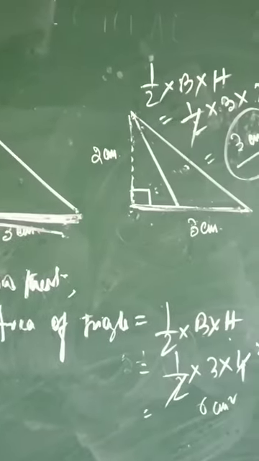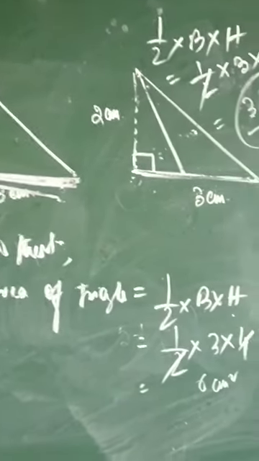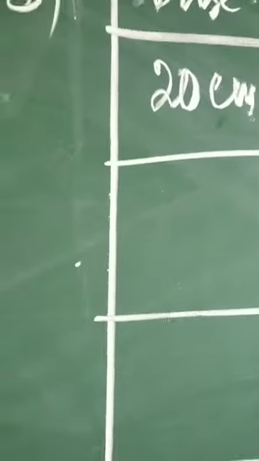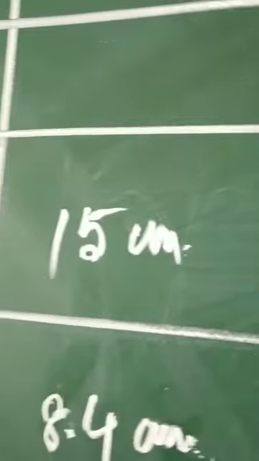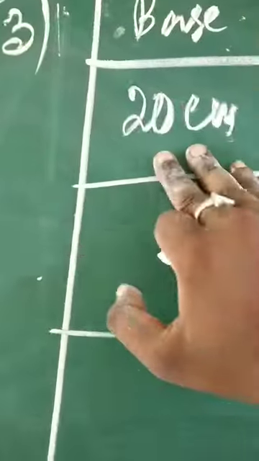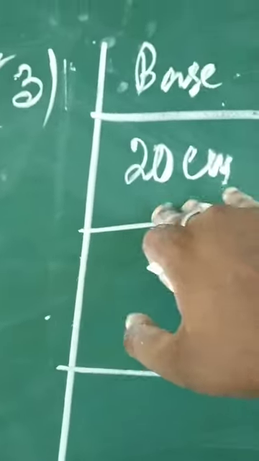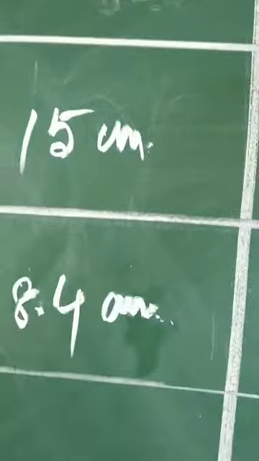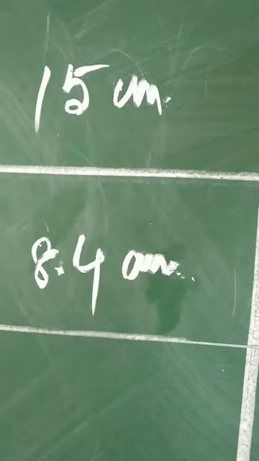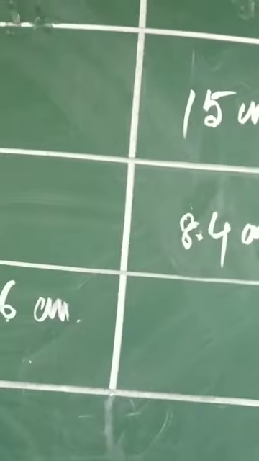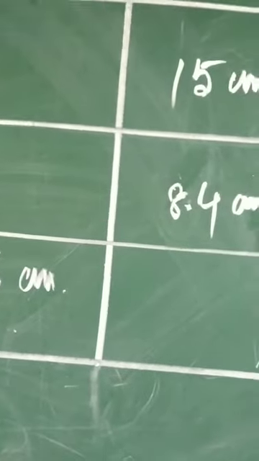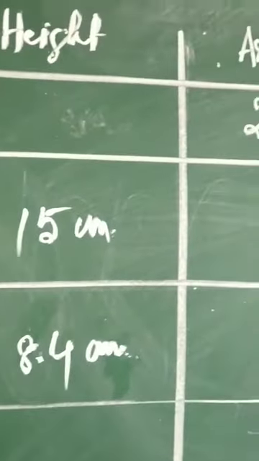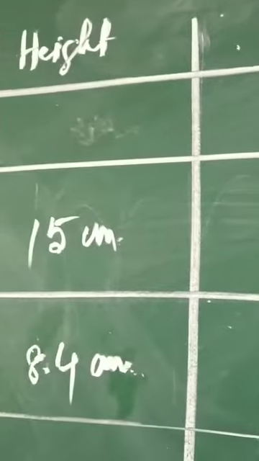Apart from this, when we're talking about the next question number 3, we are given a chart in which the measure of base, measure of height, and area of a parallelogram is given. It's for some situations in which the base of a parallelogram is 20 centimeter, the height is not mentioned and the area is given. Area is 246 centimeter square. Children, what is the formula of area of parallelogram?